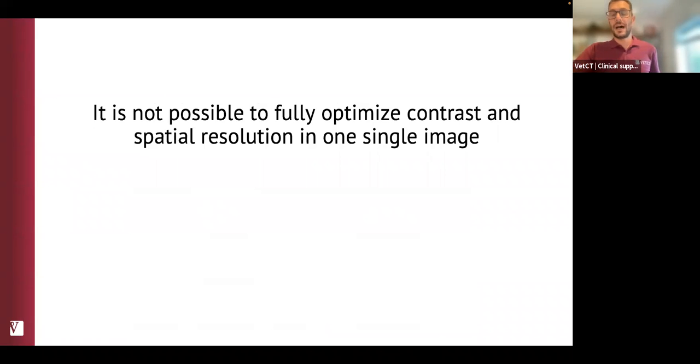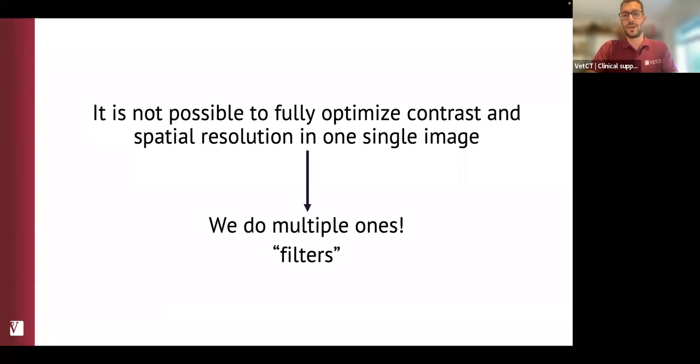Now, this is just a very simple basic statement. You cannot optimize fully the contrast and the spatial resolution in one single image. These are different attributes of an image, and you cannot get them both perfectly optimized in the exact same image. So that on its own is a problem, but it's got a very simple solution. What do you do? Well, you do multiple ones, okay? So you will do one acquisition, so you scan the patient once, and you are going to process that data into